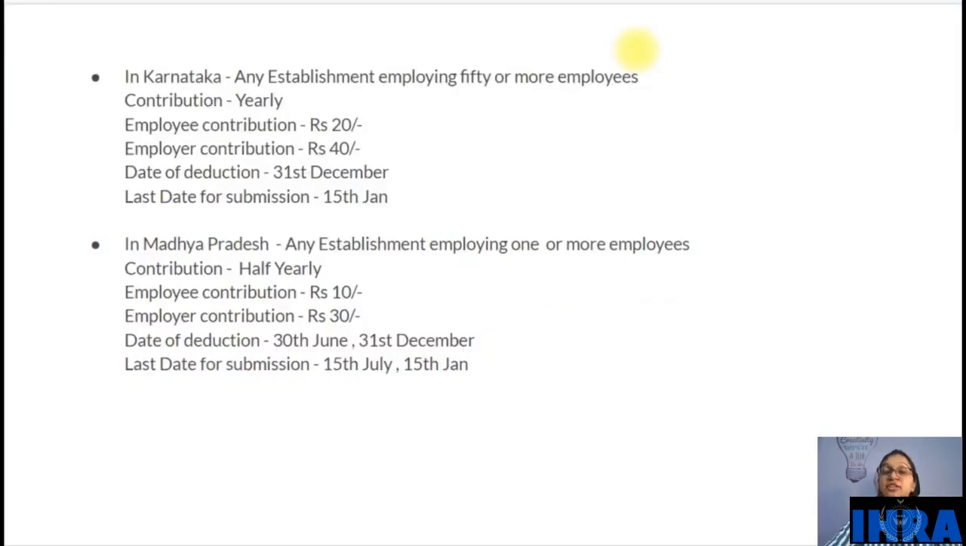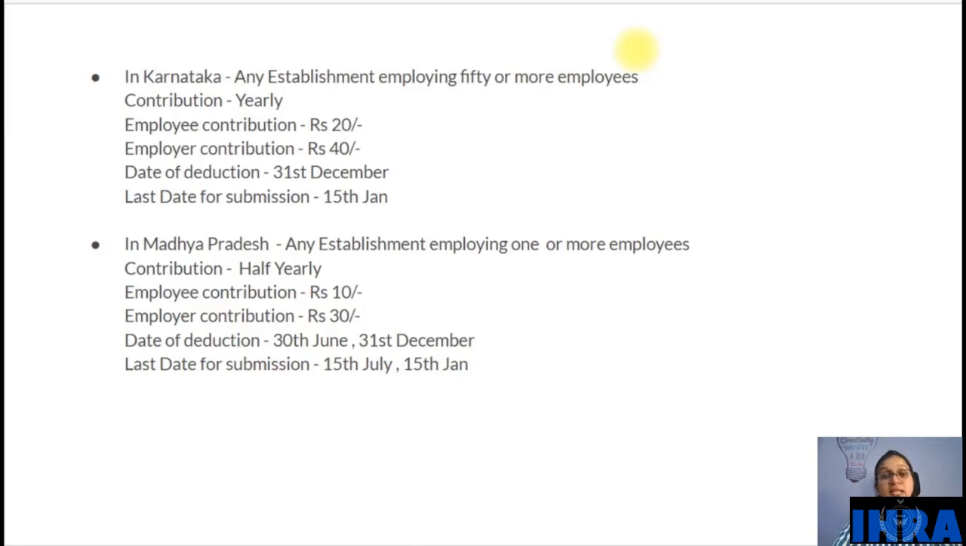So I have taken two examples to explain it in a better way. Like in Karnataka, any establishment employing 50 or more employees, then contribution is yearly. Employee contribution is 20 rupees. Employer contribution is 40 rupees. Date of deduction is 31st December, and last date for submission is 15th Jan. So deduction is when the amount gets deducted from your salary, and submission means challan filing submission is